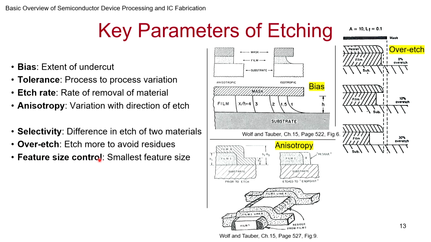Then the feature size control. Invariably, etching nowadays is becoming for very, very small dimensions in VLSI. So in small openings, when you do the etching, are the byproducts able to come out and get removed? If they don't get removed, the etch rates will become very slow in small regions. So the feature size that you can allow will be limited. You might have to make it larger to make sure the etch happens properly. So this is something that is controlled by the etching process itself.